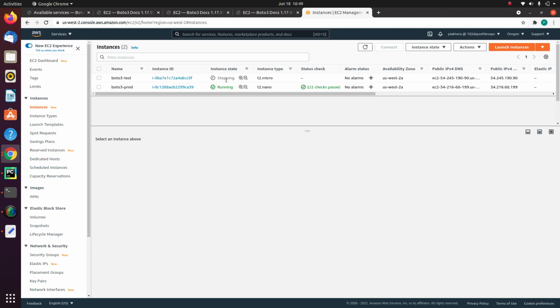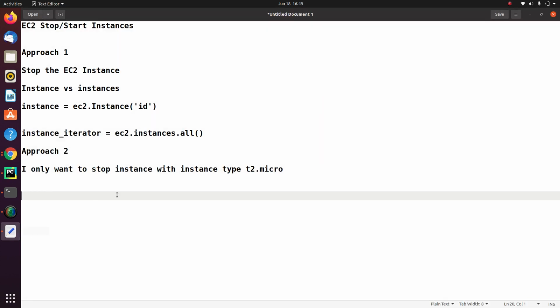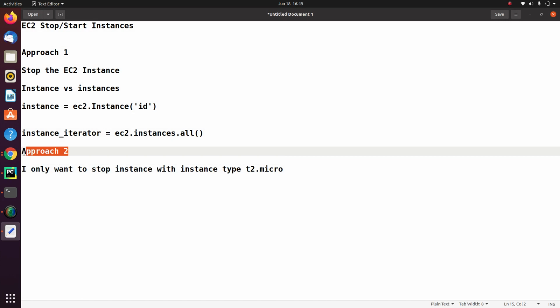So as you can see, this instance is in the stopping state. So in approach 2, we have further enhanced the existing code by using a filter, and we only stop the instance with instance type t2.micro. Okay, this is one filter that I have applied. You can apply other filters also. So for example,